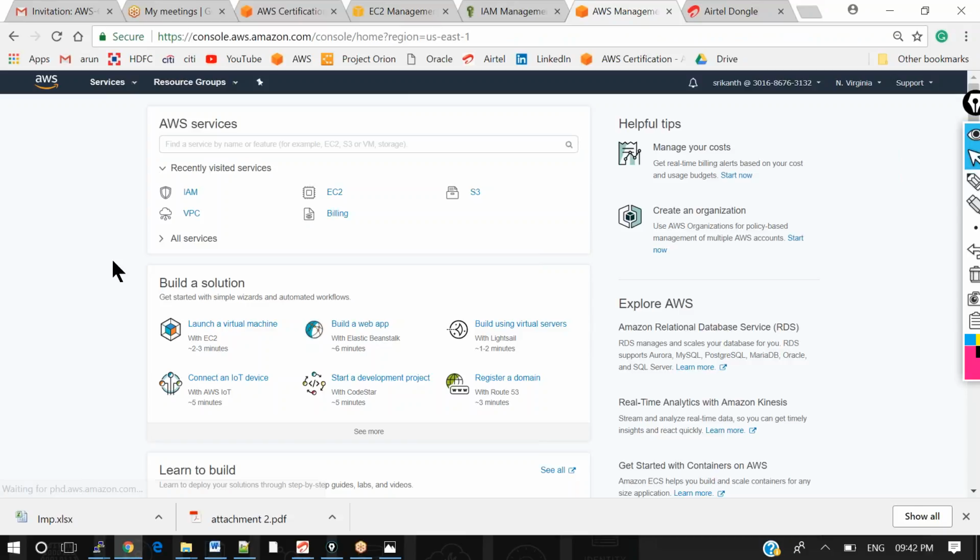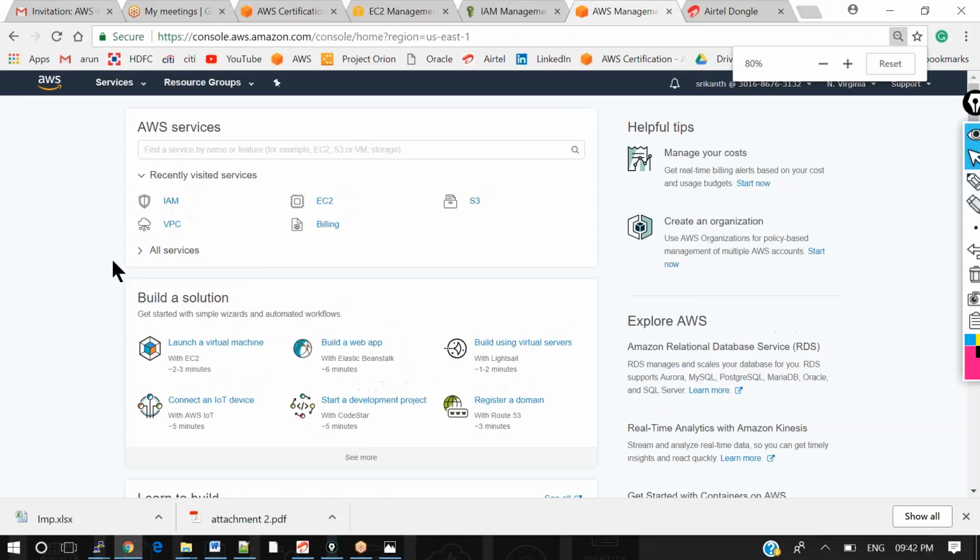Now you can see that the user Srikanth is logged in to the account 301686763132. Whatever actions he performs will be recorded under this particular account.